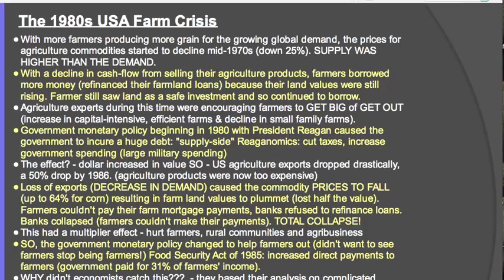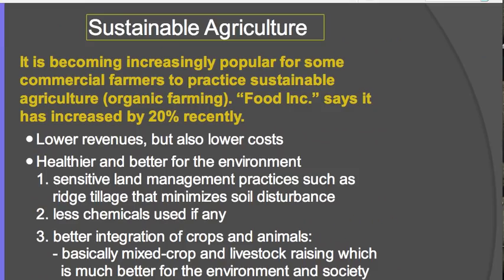All right, we're going to scale back and look at the rest of the little section of the chapter, which was sustainable agriculture. Sustainable agriculture is often called organic farming too. It is becoming a lot more popular as people are seeing the value of organic farming, sustainable use of our environment, healthier for the environment, healthier for people. And so what is sustainable agriculture? It is basically